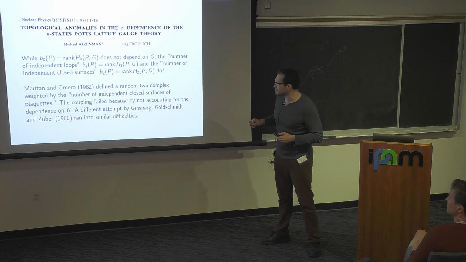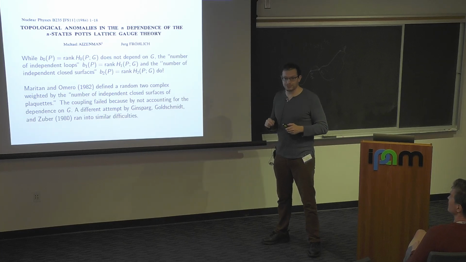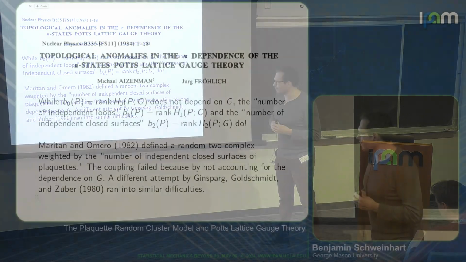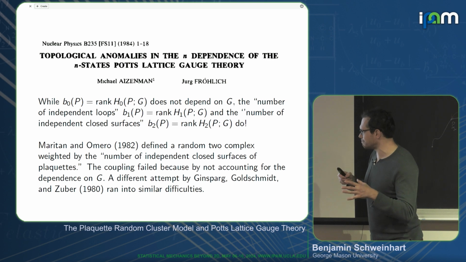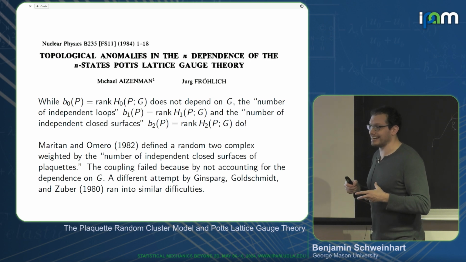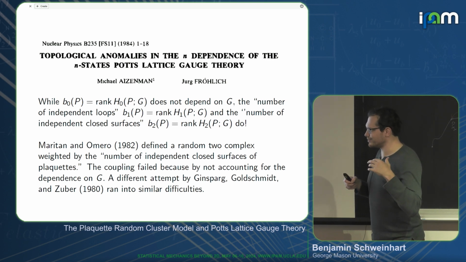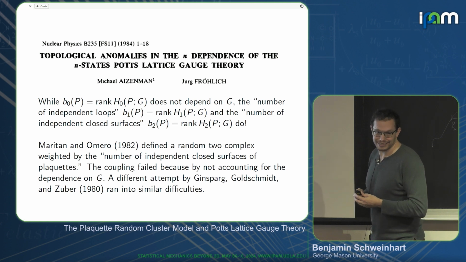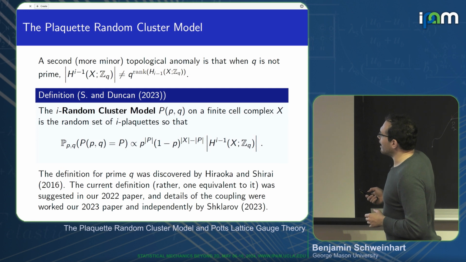And I think they ended up using Z2 coefficients, which works for the Ising lattice gauge theory, but it doesn't work for any of the others. And then there was this other attempt; my interpretation is they ended up talking both about when G is Z and when G is Z2, but they ran into difficulties because of that. So